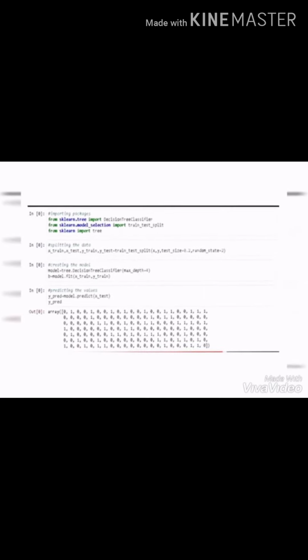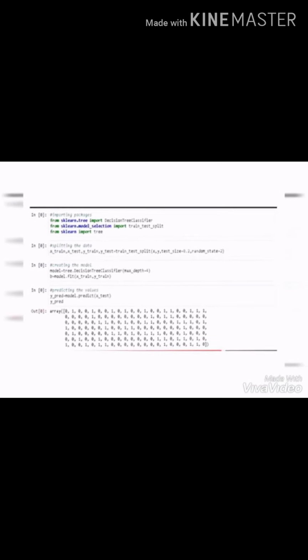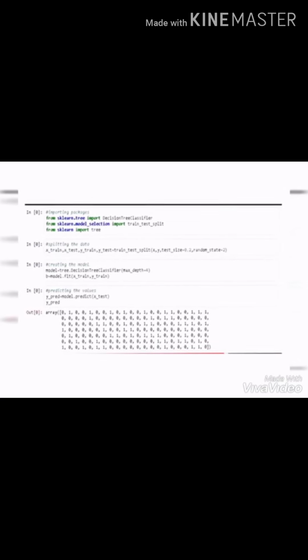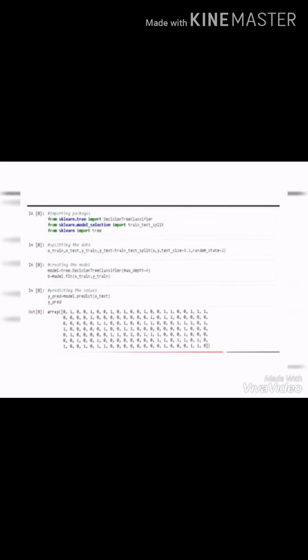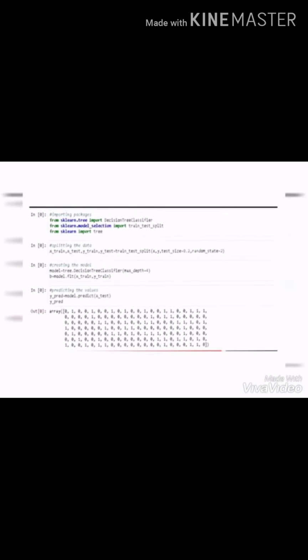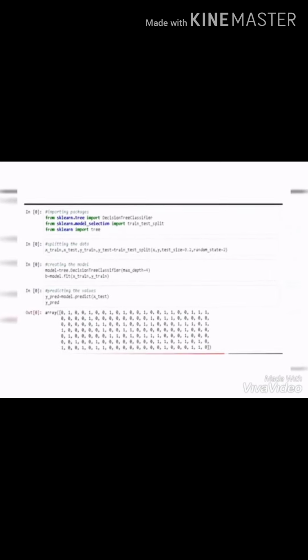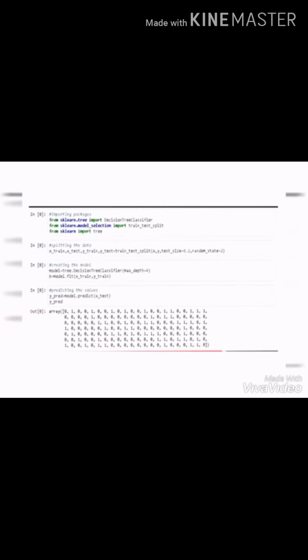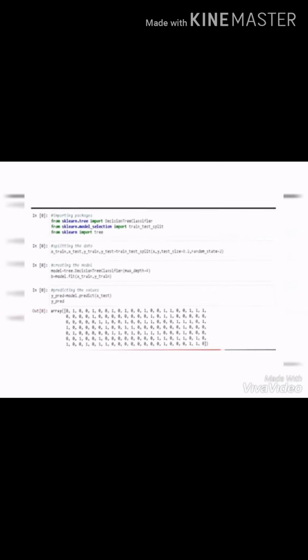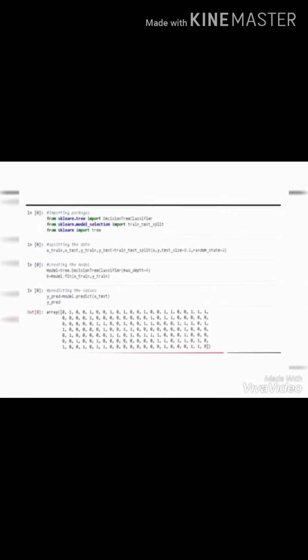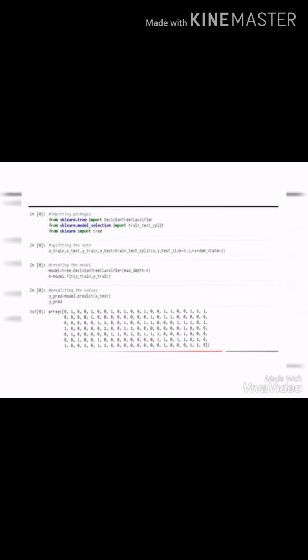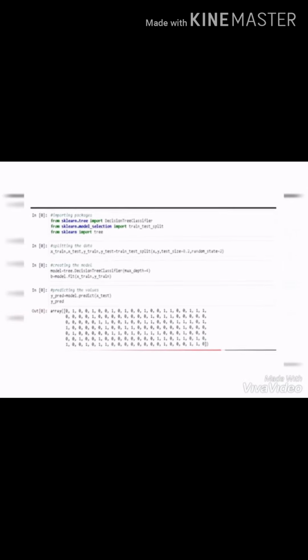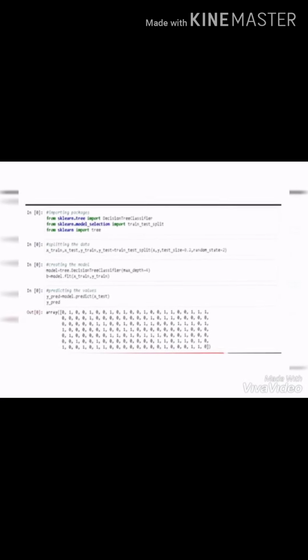While splitting the data, we use train and test, and create the model by model equals tree.DecisionTreeClassifier, and we can give the depth up to which we have to calculate the decision tree by predicting the values.